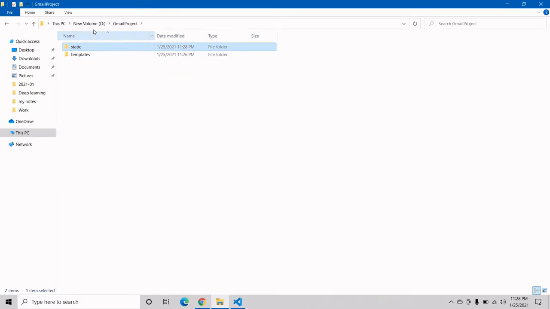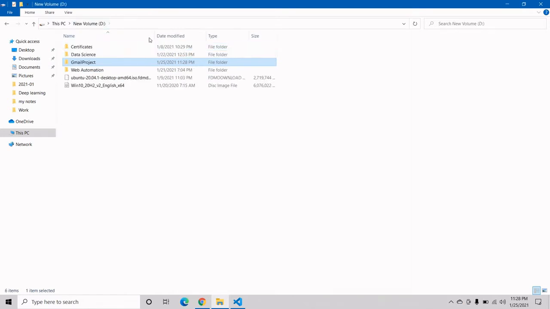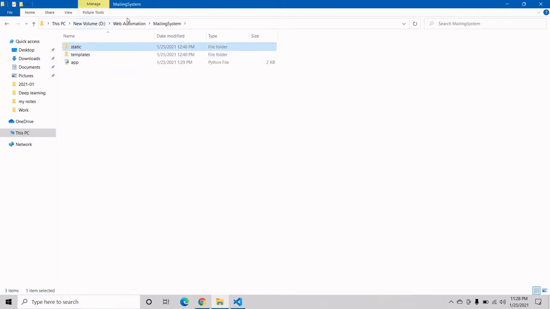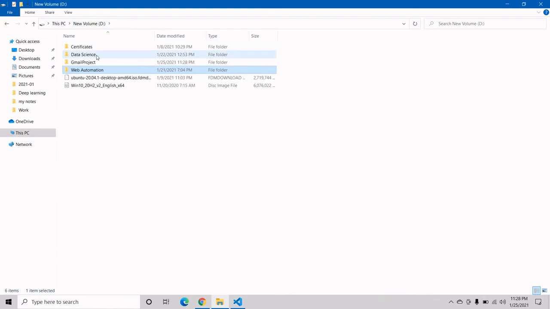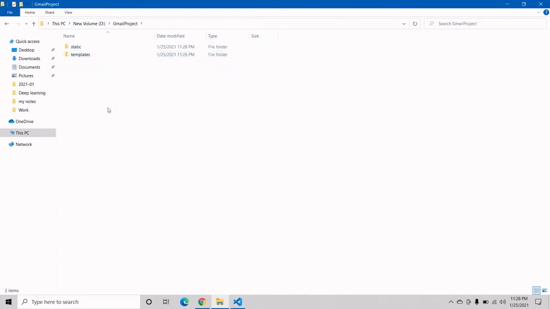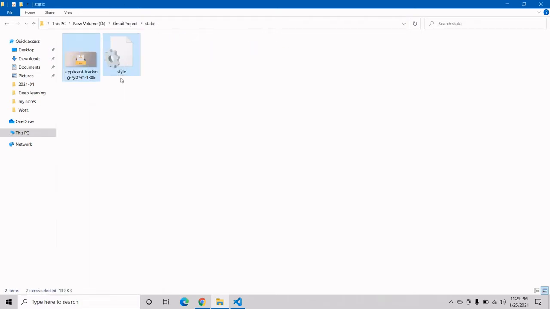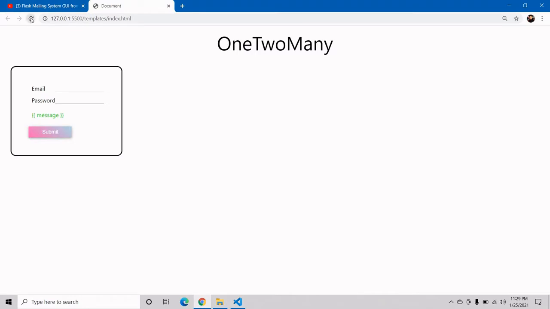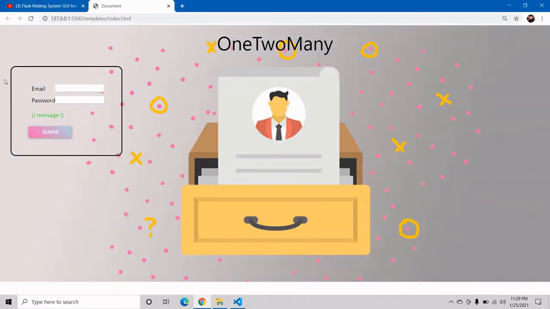I have already created these files, so I am going to copy them. You can see I have a style, which is a CSS file, and our background image. And now if I show you my HTML page, yes, now it is our login page.